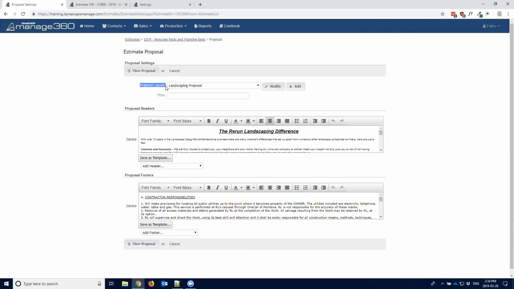This proposal layout, these are essentially the proposal templates that you can create. This is a drop-down list of the different templates you can have. Obviously, you want to name them: this is the one I use for change orders, this is the one I use for maintenance. If you have a maintenance template, you will see all the templates in this list. It doesn't care what kind of estimate you're looking at, but you'll see all of them in here